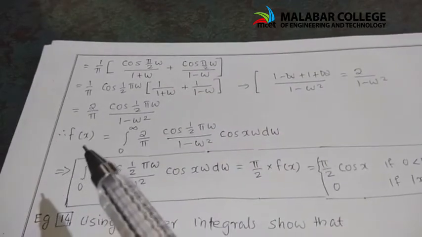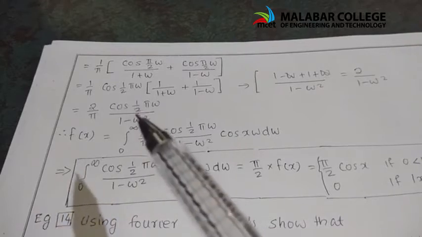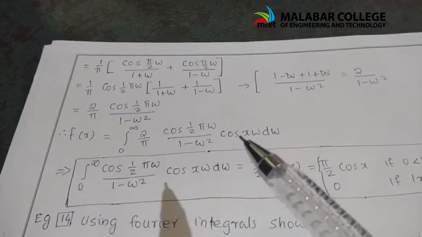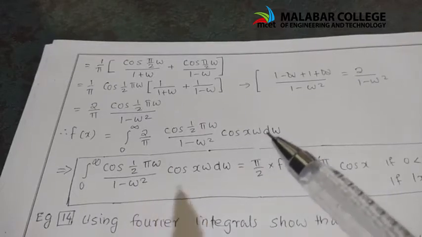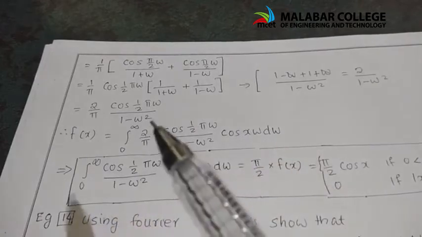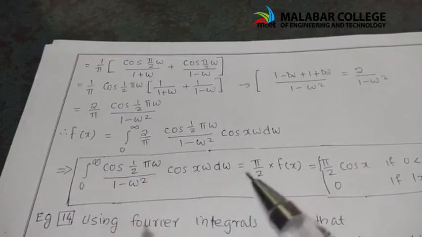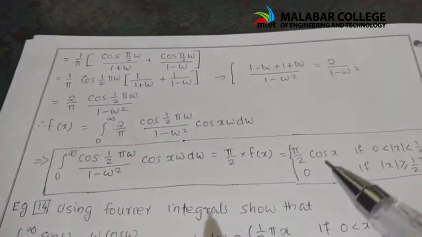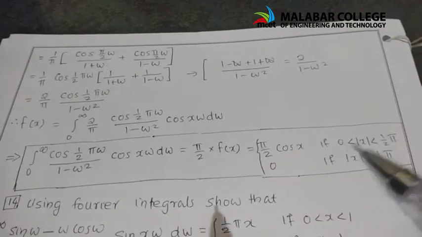Substituting, the left side is pi by 2. This 2 by pi is equal to 2 by pi cos half pi omega by 1 minus omega square. And in the question we have the integral of cos x pi omega d omega, which we have to write as it is. Then taking 2 by pi to the left side, this full term will be equal to pi by 2 into f of x, where f of x is cos x